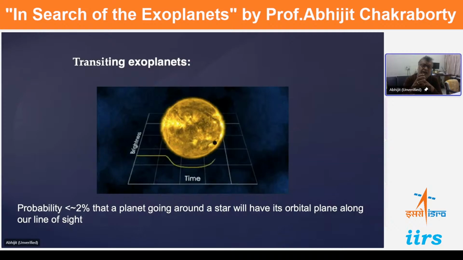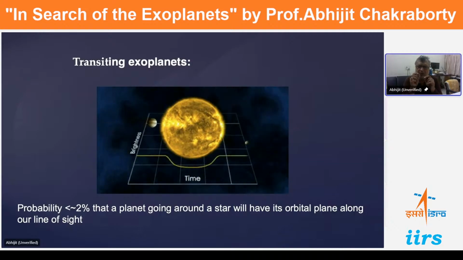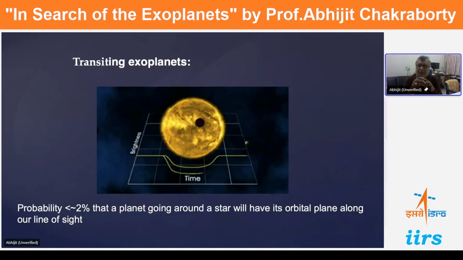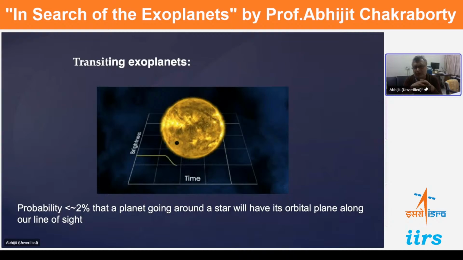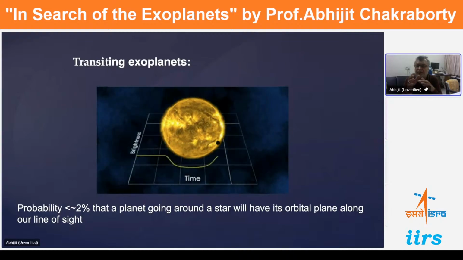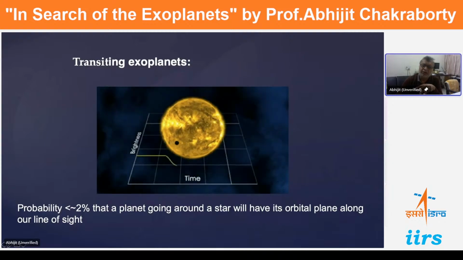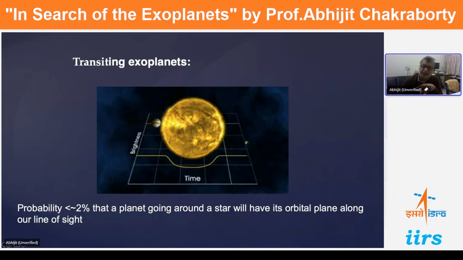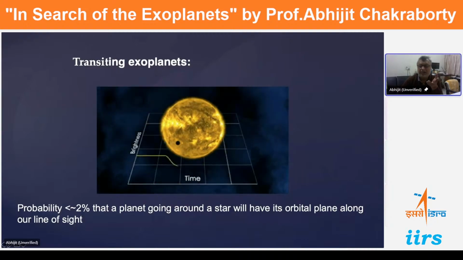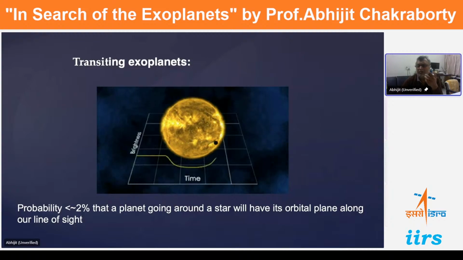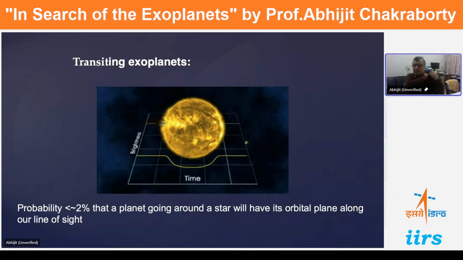So therefore, only a tiny portion of light, as shown in this cartoon, will be blocked, as we are constantly doing photometry of the star. So you will see a dip here. You can see a smaller planet going around gives a smaller dip, and a larger planet going around gives a larger dip. So with this, you can say that some planet is going around the star,